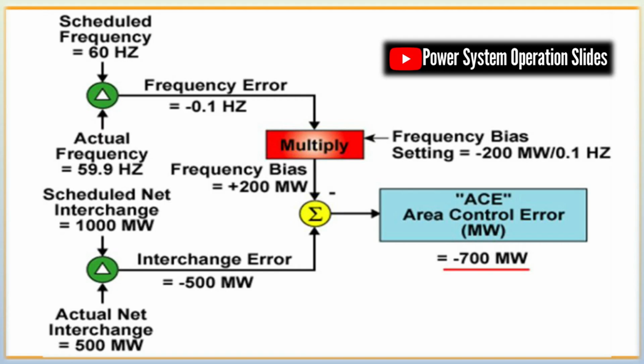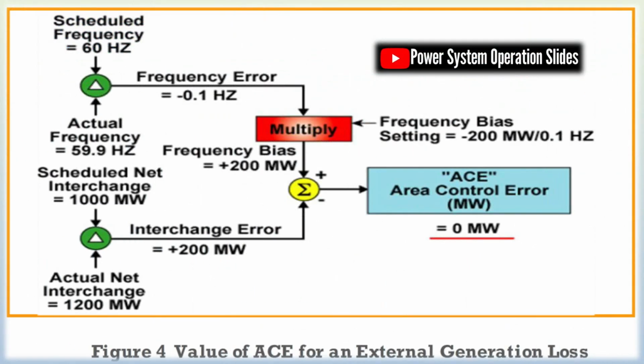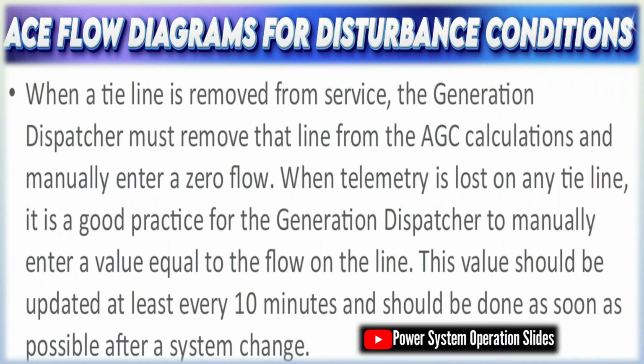Common AGC operation modes. AGC systems can operate in various modes depending on the control objectives. Constant net interchange: the system actively maintains the scheduled net power flow across tie lines. Even if local loads vary, the tie line flows are kept constant to honor contractual obligations between control areas. Constant frequency control: in this mode, maintaining the system frequency is the sole focus. Generator outputs are adjusted strictly to counteract frequency deviations, sometimes at the expense of temporary tie line errors.